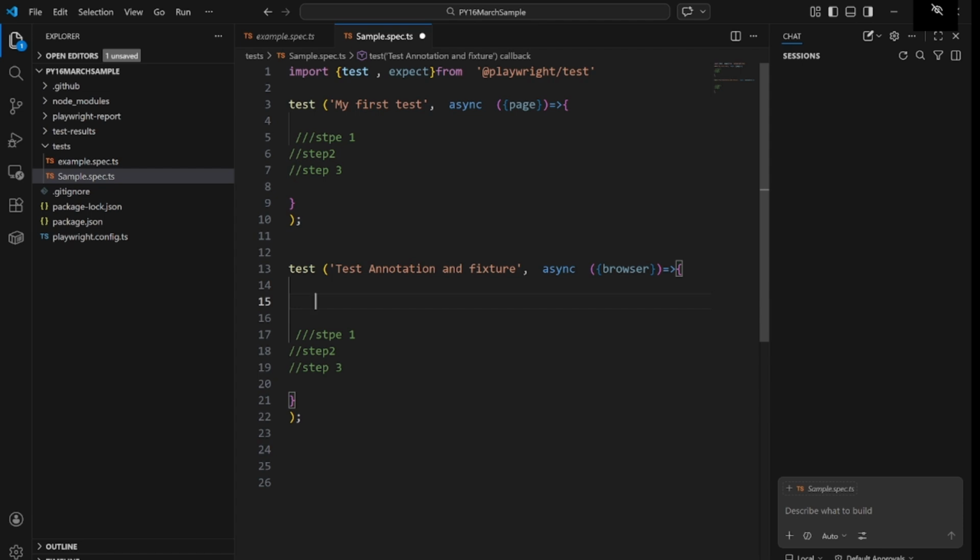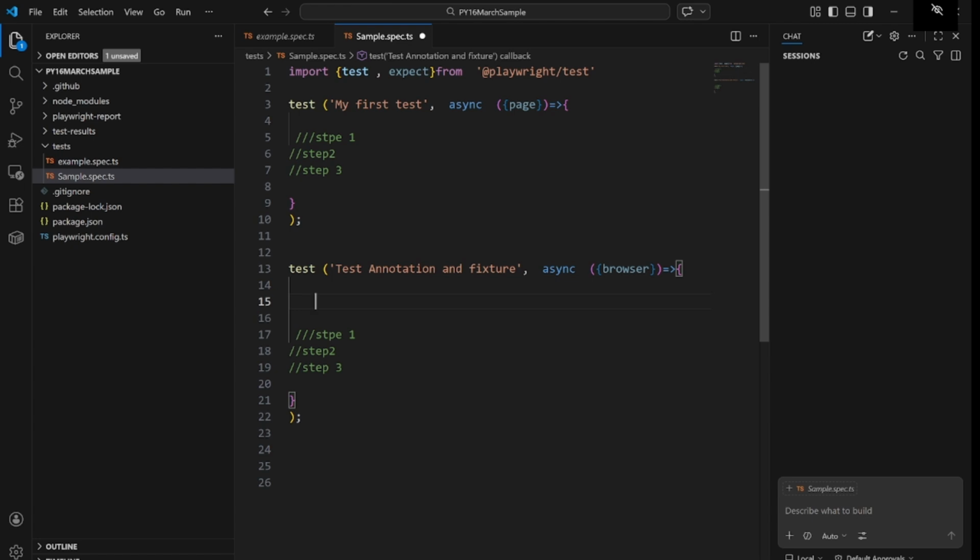Whenever you are writing any test, you have to launch the browser. Usually when you open any browser on your system, it has previous details, like your cookies, and the extensions and plugins which you have integrated with your browser. Those will be part of your browser. But when you are writing the test for automation, you need a fresh environment. You're getting my point? You need a fresh environment. That's why we are using this. So how can we use this? Let me write code for you so that you can understand this very clearly.